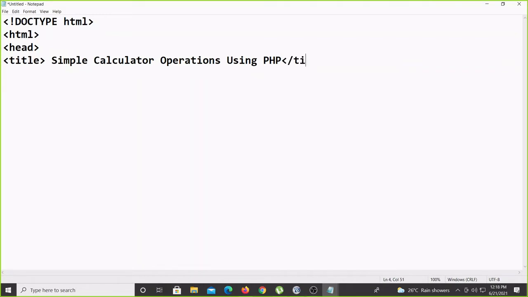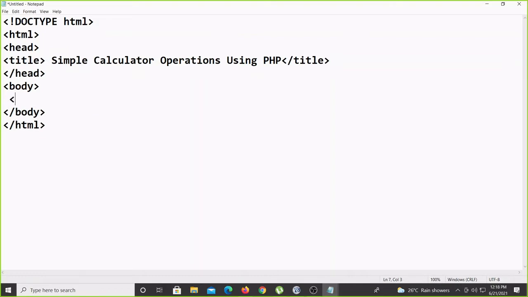Close title, then close head, then start the body, and close the body, because all information will be written inside the body part only, and close the HTML.